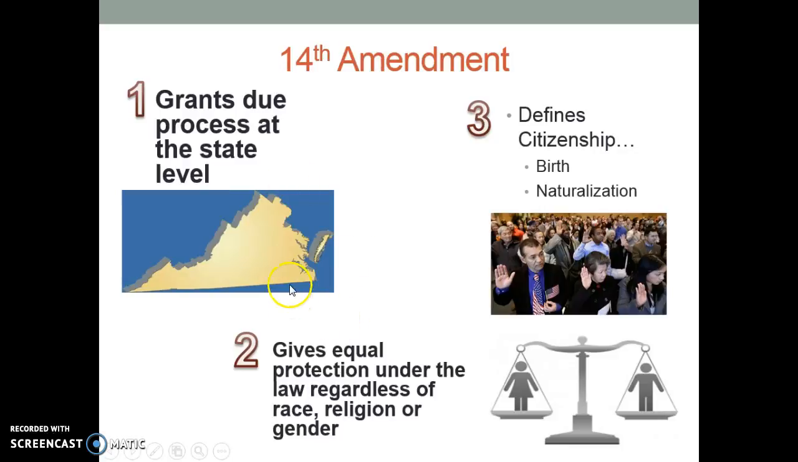The second thing that the 14th Amendment does, it gives us the Equal Protection Clause, which says that under the law, regardless of race, religion, or gender, everybody is equal, right? And so everybody gets protected by the law. It doesn't matter if you're Christian, Jewish, Hindu, Muslim, Buddhist, anything. Everyone is equal. If you're a man or woman, there's no difference in the law,